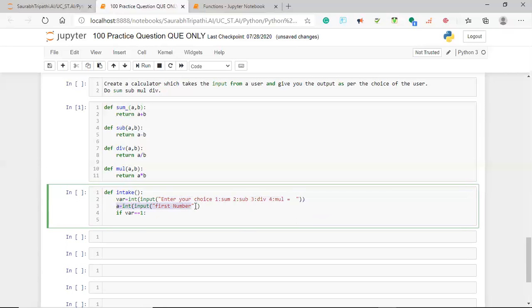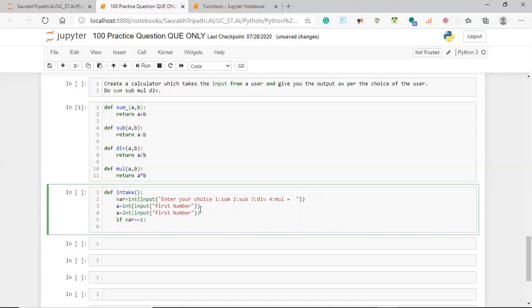I'm just making a simple calculator, so I'm just taking whole numbers, not taking any float number. For the second number, obviously we need to write second number. Again we have to provide some space too, guys. Mind the space. And once you're done with this, make sure the variable name is b.